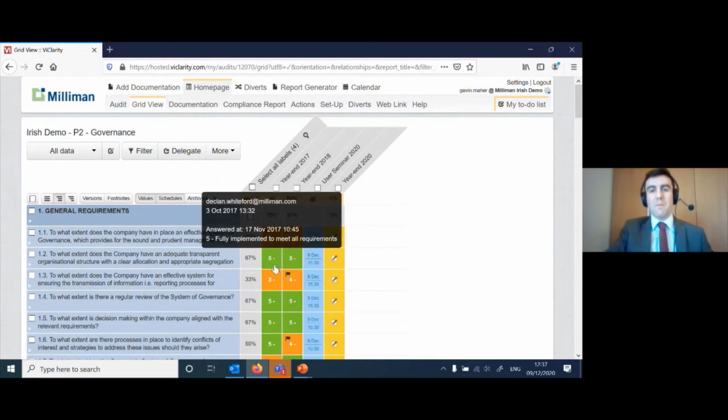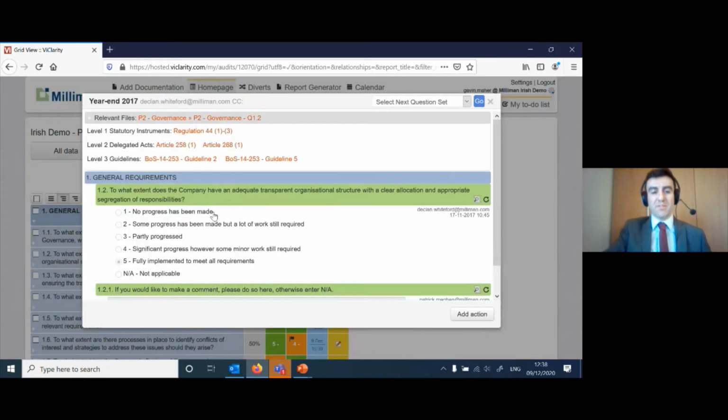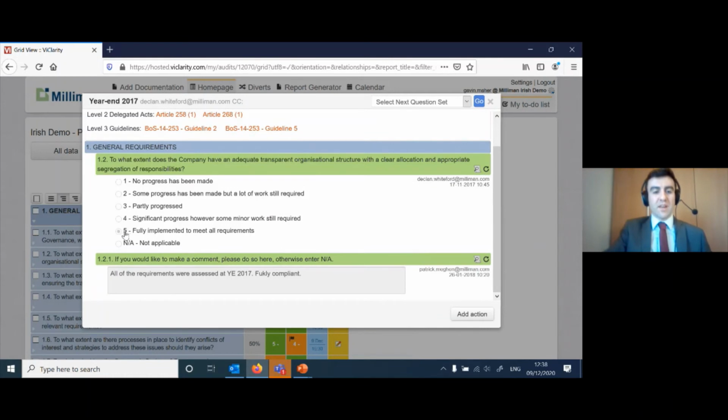Another thing I'll show just from a manager's perspective. When you're trying to implement the different people in your company using this tool, it's good to keep track of different answers and what people have said. So if you click into this question as an example, you'll see that someone gave it a score of 5 and the comment is there.